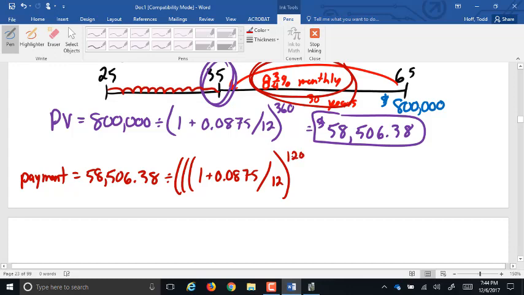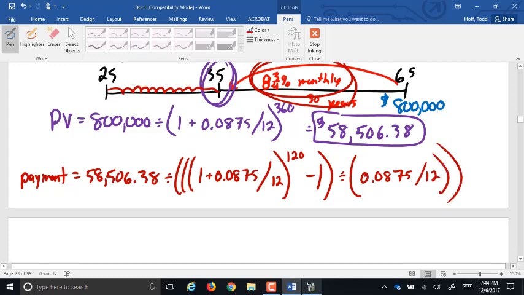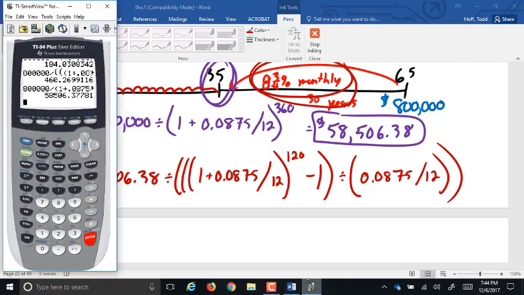That is 12 months in a year times 10 years, minus 1, close, divided by, and open 0.0875 divided by 12, close and close. So I'm just going to leave this number in my calculator. It might throw us off by a penny, but